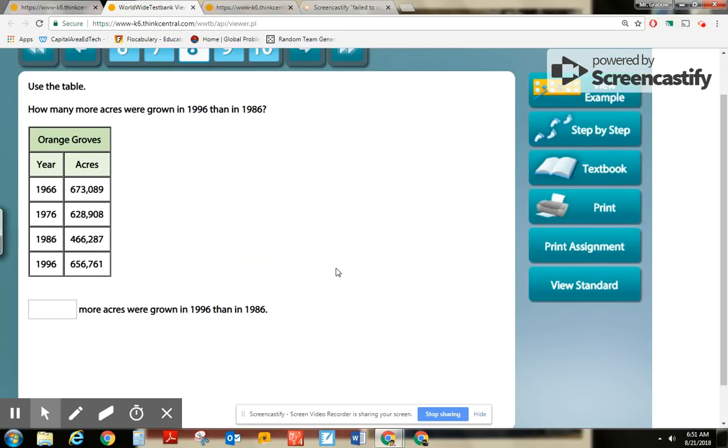It's question number 8 because this is a nice kind of story problem using a table, using something that we don't see all the time. So, like always, make sure that you are paying attention to the question. It says use a table. How many more acres? Right there. How many more tells me I'm going to subtract. Were grown in 1996 to 1986. So we're looking at 1996. We're looking at 1986. So the number for 1996 was